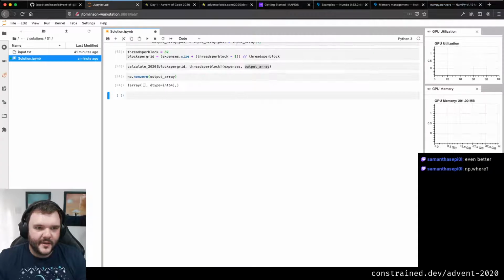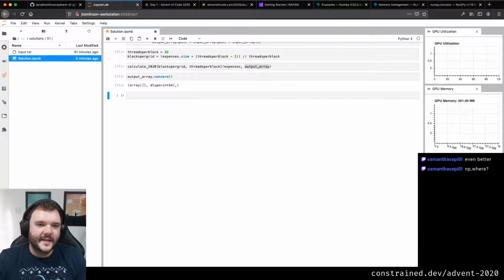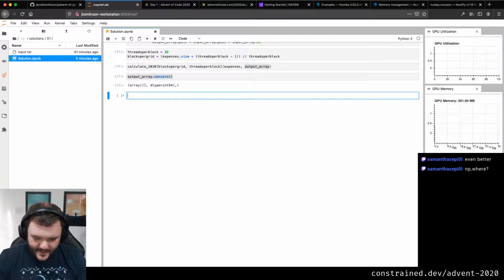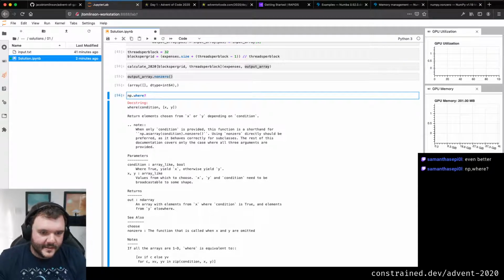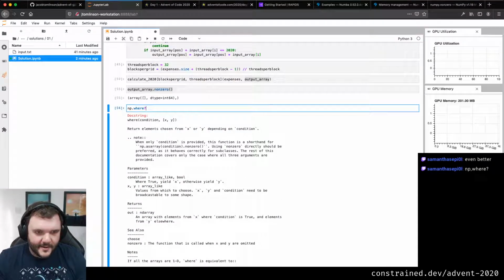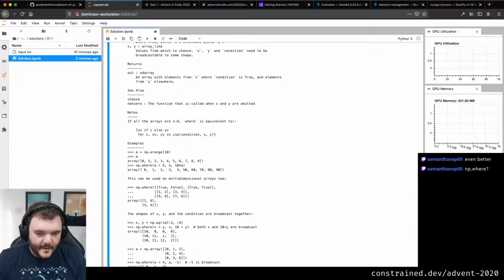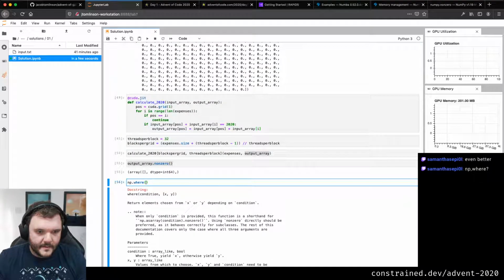I call it as a method on the array, can I? Output array. Yeah, I was thinking that. I don't know NumPy that well, right? But np.where is probably the right thing to do. If you want to throw code at me, that would be absolutely excellent. But I'm going to just read the docstring quickly. Yeah, so np.where.